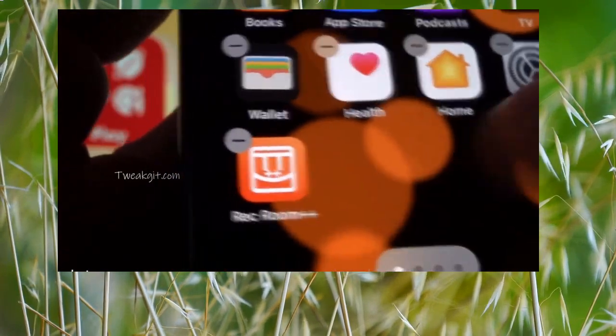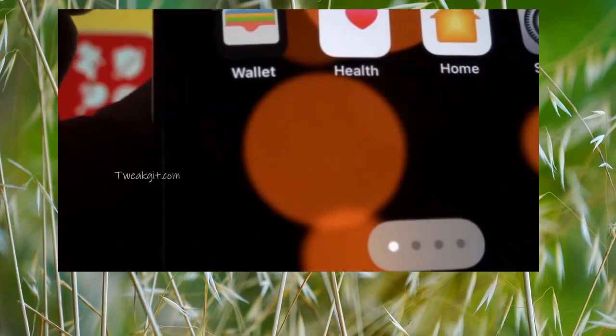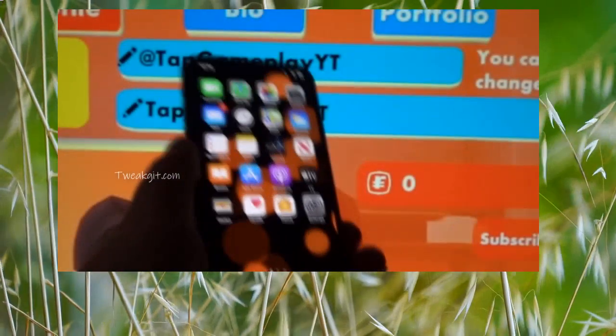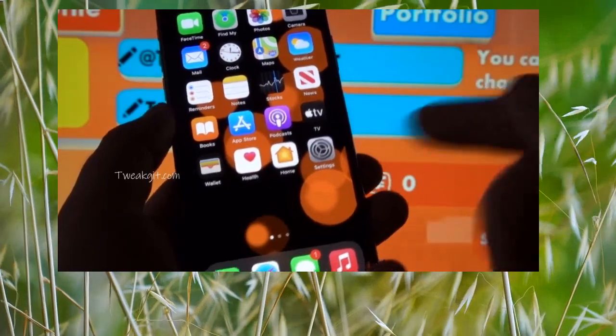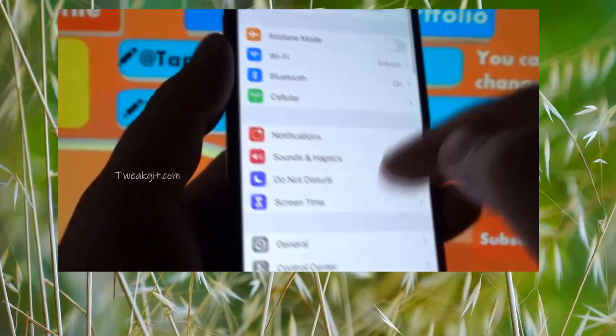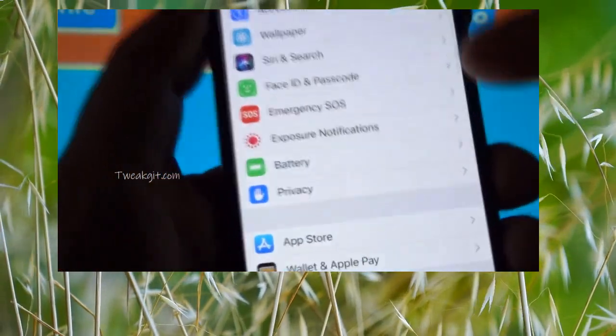So let's just go on to delete it, and boom. Now the next thing is that you have to move on to the steps, which is that you have to locate and open the settings of your phone. Exactly. Go to the settings, and now step number 1 is that you have to go down to your battery